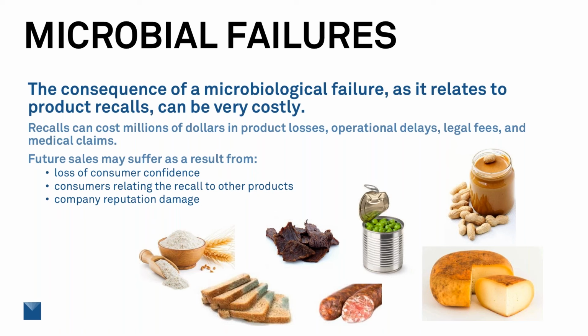Now, I have some pictures down here that show some of the things that are currently on a product recall starting this spring. In January this year, Gold Medal unbleached flour was contaminated with Salmonella. In April, organic peanut butter for Listeria. But in the past, Salmonella has also been an issue for that. In May, raw milk cheese for Listeria. Also, Aurora Packing Company in May had an issue with E. coli in their meats. And in July of last year, Kraft Heinz had a cheese dip that had botulism. So there's a lot of things that are touched with adverse microbial growth.